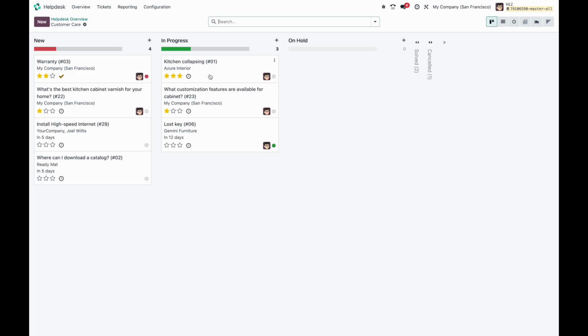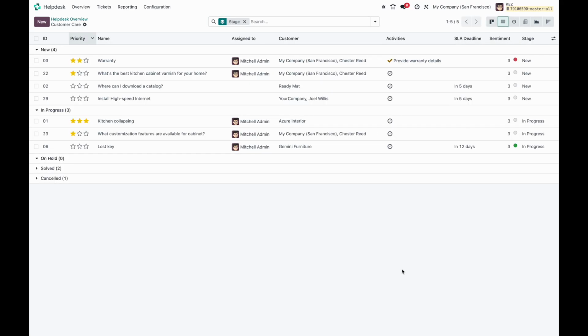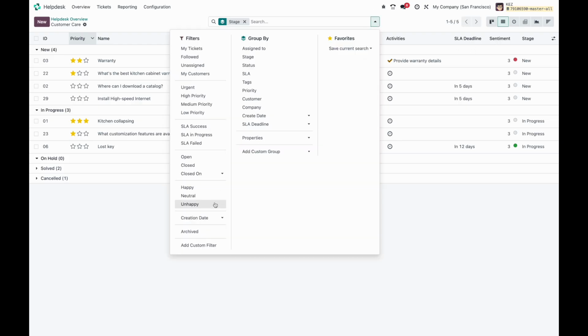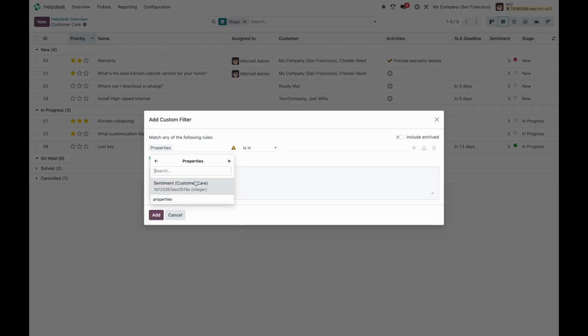If I wanted to add this to a card, or have this inside of my list view here, you see the different sentiments that were generated for all of my different opportunities. I can be a manager and come in here and filter by this. If I said add a custom filter, we go to my properties,